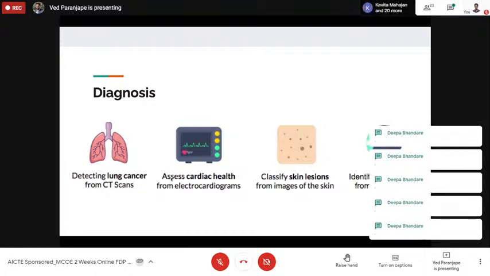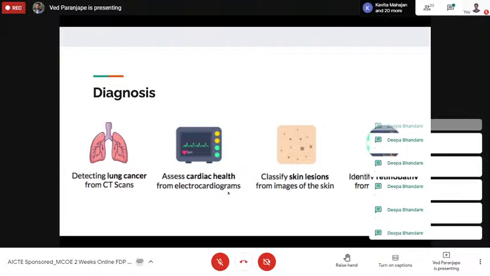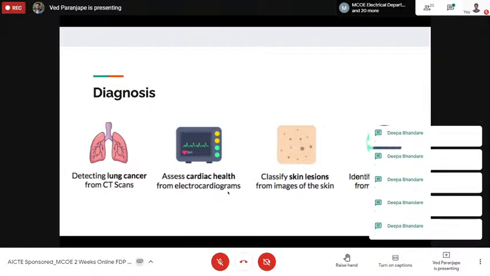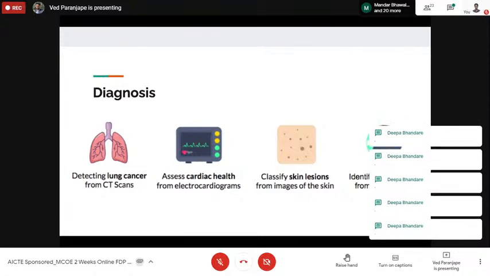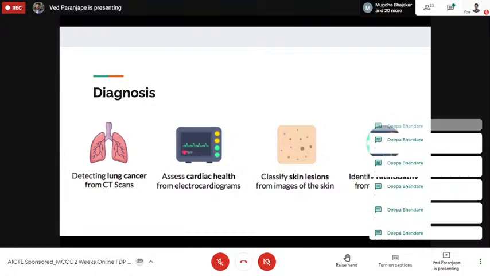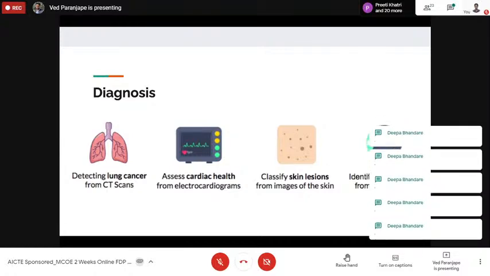Assess cardiac health from electrocardiograms. So if you guys are familiar with Apple Watch or Fitbit, smartwatches, they are so good at the moment. They have developed so much. The Apple Watch is as good as an ECG. So it can detect health problems, and if a person is getting a stroke or a heart attack, the Apple Watch automatically gets triggered,